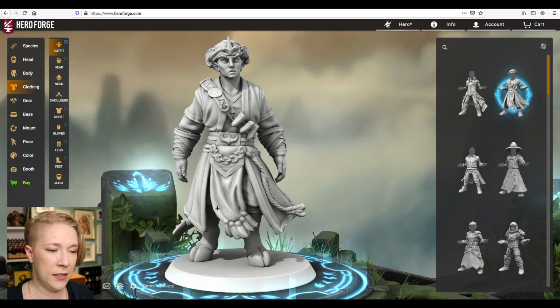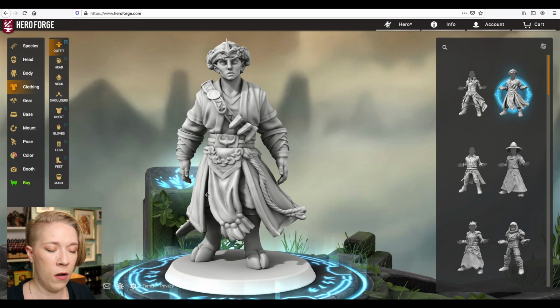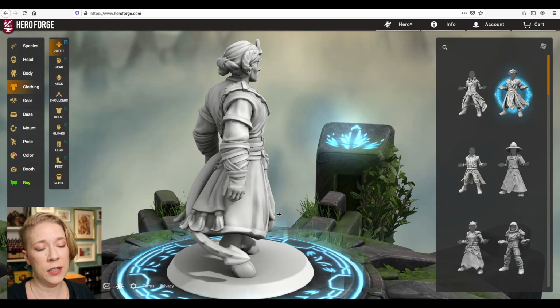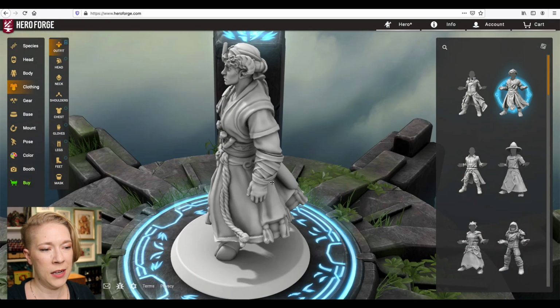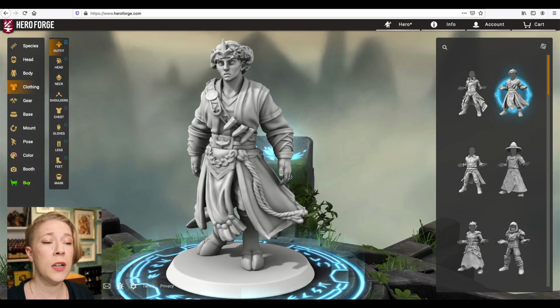it also has this part hanging down, so you can see all of the stuff underneath it, but it's going to be really difficult to get a paintbrush in there. You're going to have less options, more chances that you might get paint on the wrong part of the mini. So if you want to make it a little bit easier for yourself, what you can do is go through